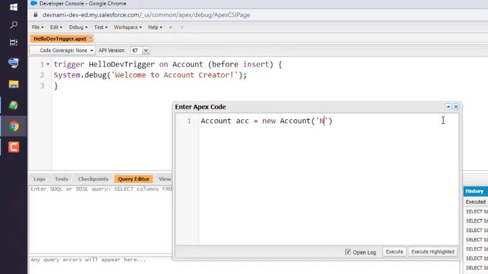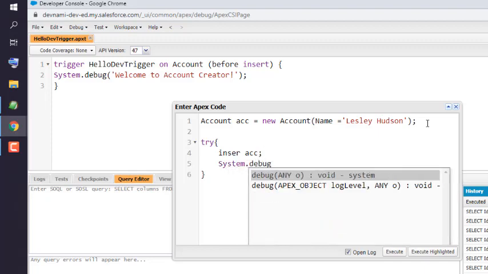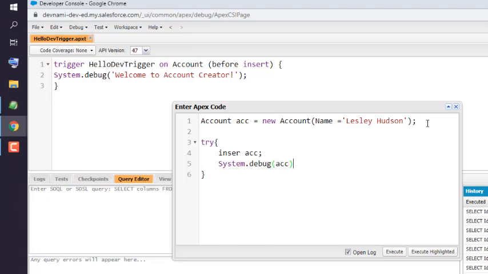Okay, so here we can use name, add any name of your choice. Okay, so let's say I have chosen this name and I wish to add this name. To add the name, I'm going to use a try and catch block. So in try, I'm going to use insert account, and also going to use system.debug that can output my account details. And in catch, I will use